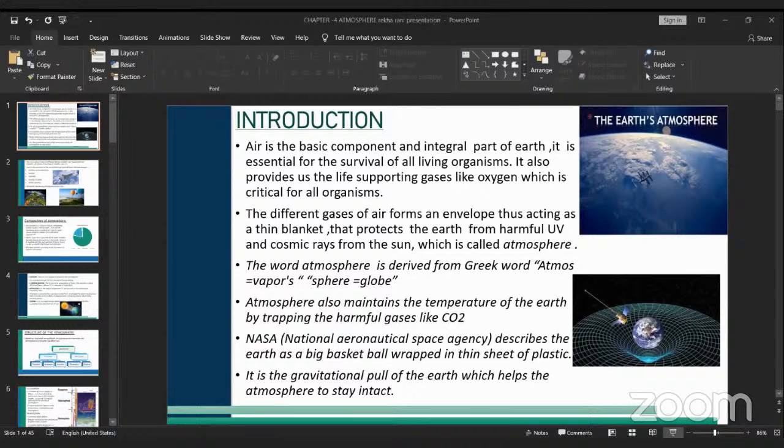Okay, and when it comes to cooling, land cools faster than the oceans. Why? Because the land has a lesser area compared to the oceans. Oceans are the larger areas. They take time to absorb the radiation coming from the sun. So it cools down very slowly, and it absorbs the heat also very slowly.